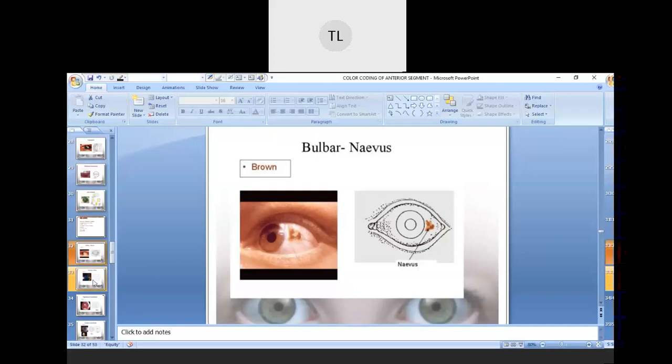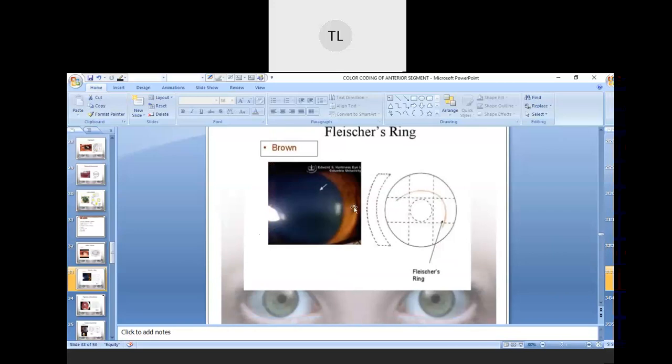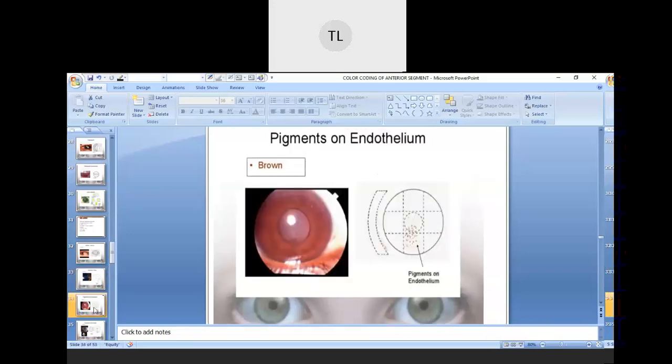So next we have is the Fleischer's ring. These are actually pigmented rings at the periphery of the cornea. This may be because of the iron deposit in the epithelial cells, right? I think you guys have studied about Fleischer's rings. So see, this is how the Fleischer's ring will look like. Since this is an iron deposit, it will be slightly brownish in color, and they will mostly be seen at the periphery of the cornea. So this is how we are going to do the documentation in this case. Okay. So the next we have is a pigment on the endothelium.